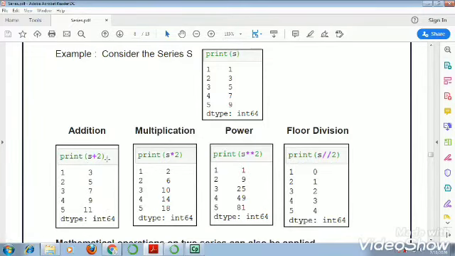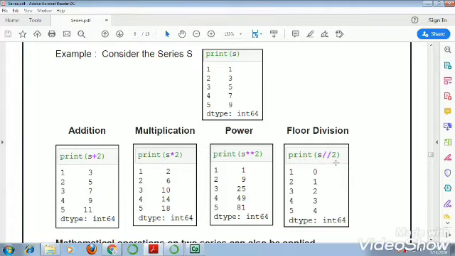You have seen S plus 2 will be now like this. S into 2 means 2 will be multiplied with each element of series. Here S to the power 2 means each element will get squared. And in case of floor division, you know floor division, it gives you the quotient value only.